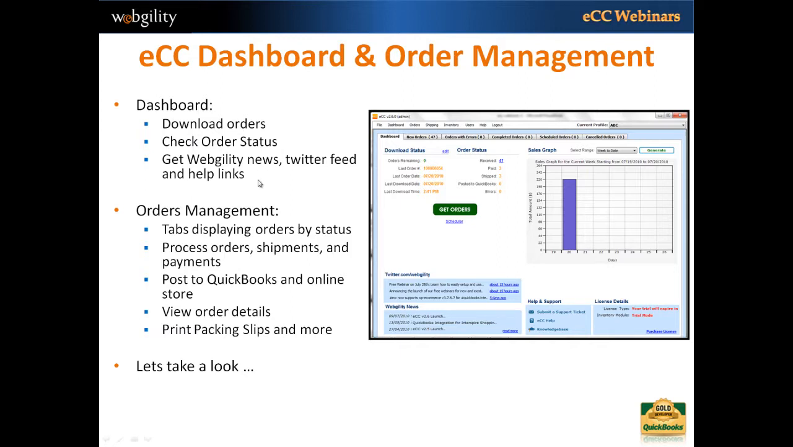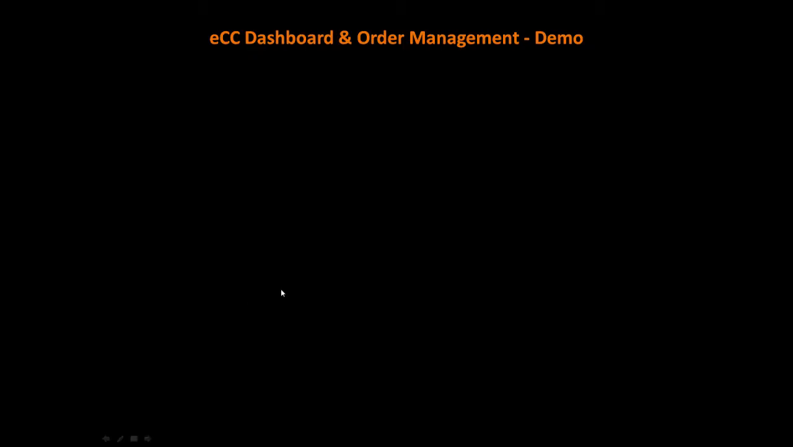We also have Webgility news and Twitter feed and help links there. You can see all the tabs across the top to show which orders are new, which orders have errors, which are completed. You can also generate a quick sales graph, and you can see the various processing steps. So let's take a look and jump over to